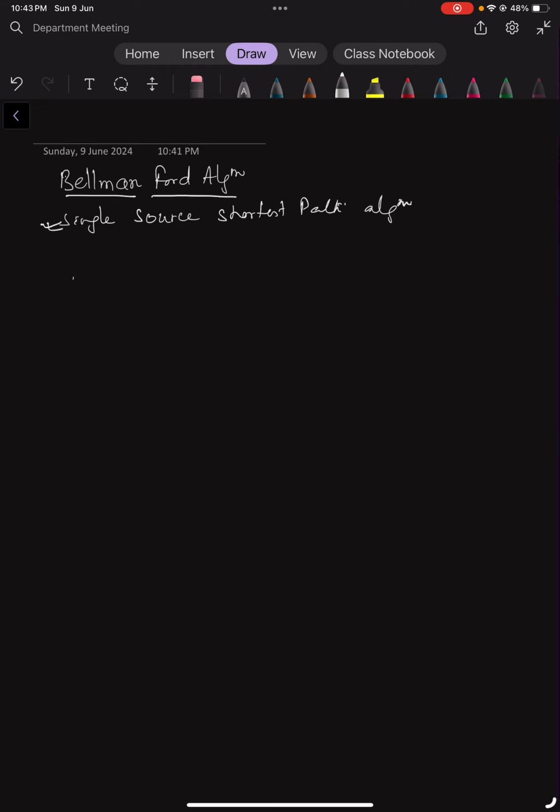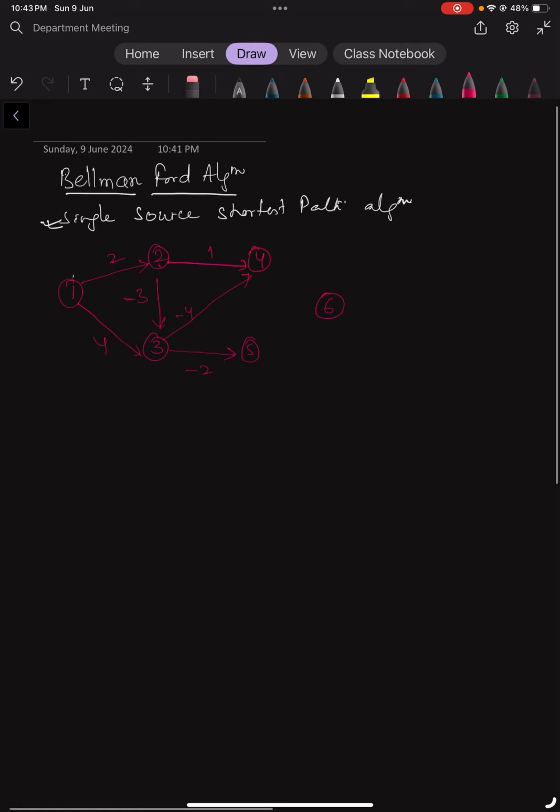Suppose that we have one directed graph with vertices 1, 2, 3, then 4, 5, and we have 6 vertices, and we have one edge from 1 to 2 with a distance 2, and 1 to 4 we have 4, and 2 to 3 we have a negative edge minus 3, and 3 to 5 also a negative edge, 3 to 4 also a negative edge minus 4, and we have 2 to 4 as 1, and 2 to 5